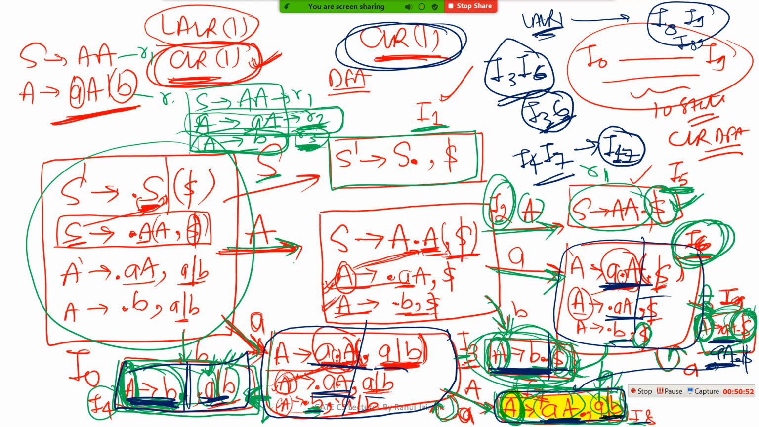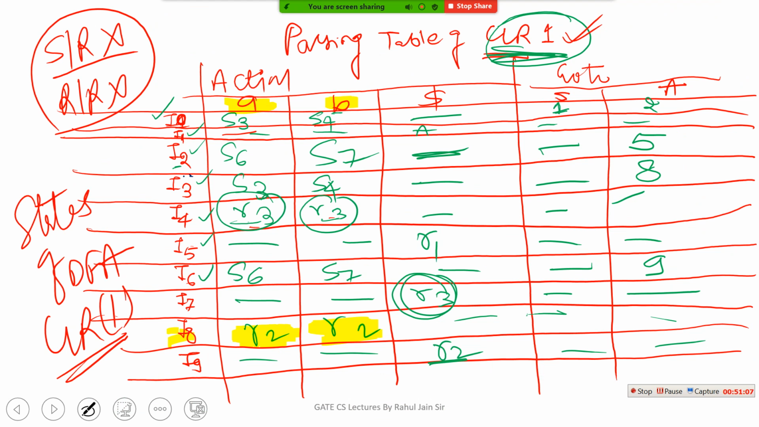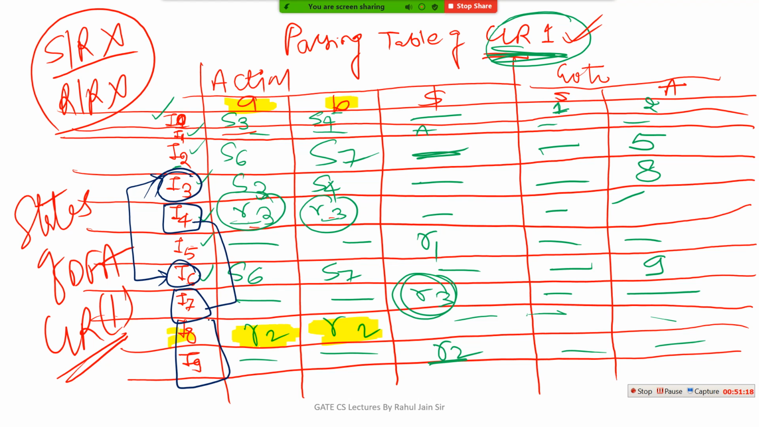Other states are different. Only I3 and I6 are similar, I4 and I7 are similar, and I8 and I9 are similar. So I have merged I36, I47 and I89. Meaning in the parsing table, I3 and I6 will get merged, I4 and I7 will get merged, and I8 and I9 will get merged. So in the LALR1 parsing table,